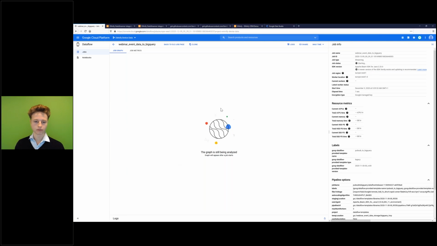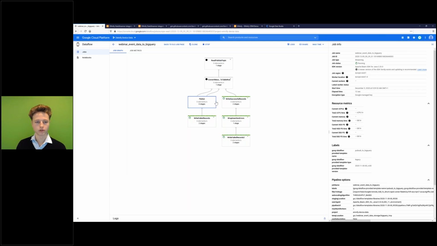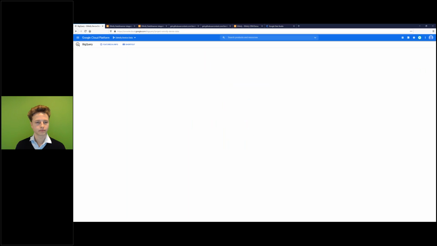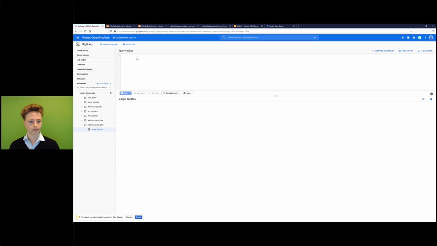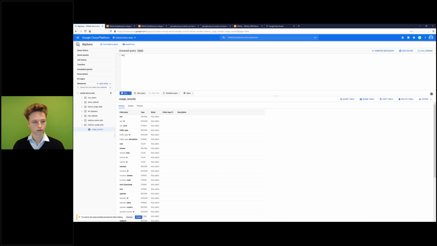Okay, we can hit run job. Okay, the stream is starting. This might also take 1 or 2 minutes. In the meantime, the stream for usage data should have been completed. So what we can do now is go back to BigQuery. And we can query this table to see if the data has arrived in it. So what we will do is write